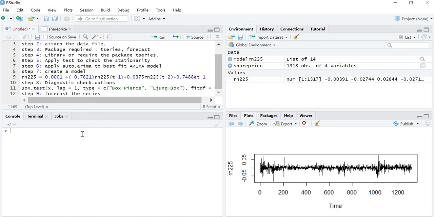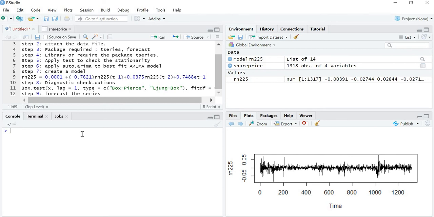If there is a correlation between the residuals, it means that there is some information left in the residuals which should be used in forecasting. So first, we check that the residuals are not correlated. Second, we check that the residuals have zero mean. And third, we check that they are normally distributed.